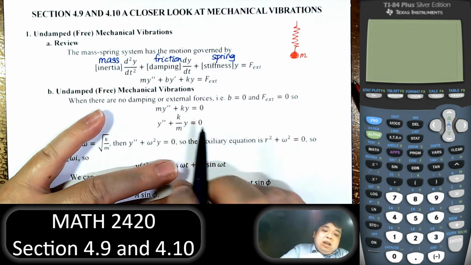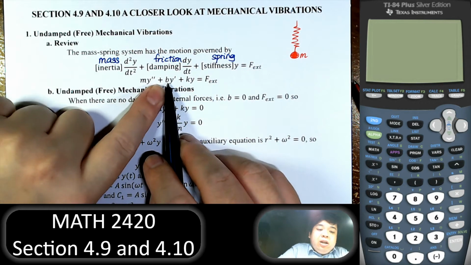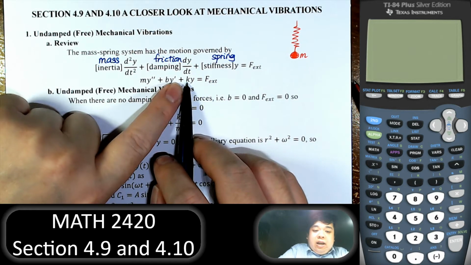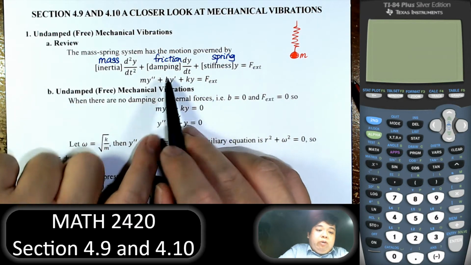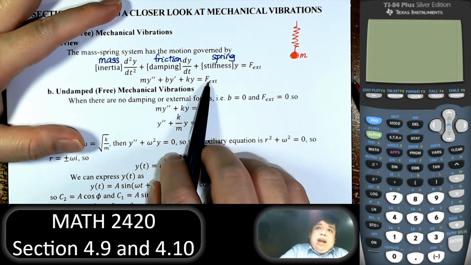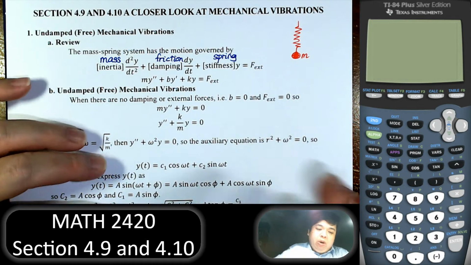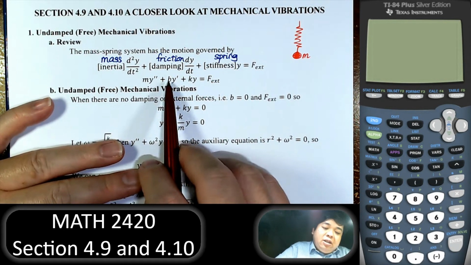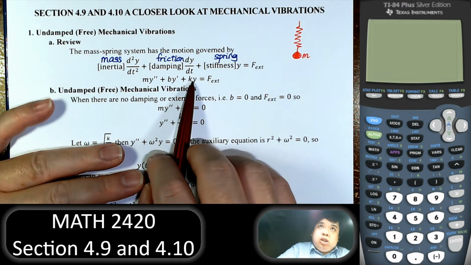And I think last time we had the equation: the mass times acceleration plus the damping factor times velocity plus K, the spring constant, times the displacement. All of that added together will be equal to any external force. So the system will, all the force will be balanced out. So once again, mass times acceleration, damping factor times velocity, and the spring constant times the displacement all add up